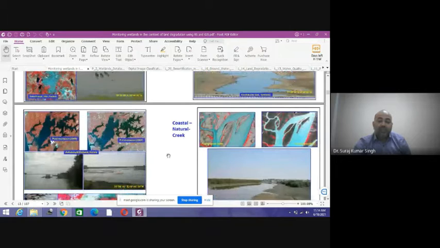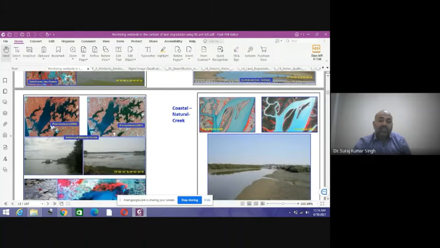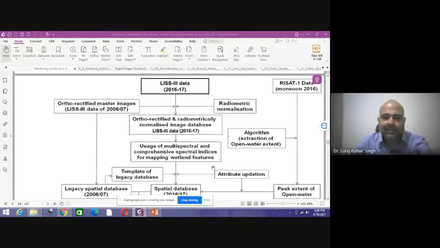These are some of the coastal features. You can see the pre and post monsoon change in a wetland in Kerala. You can see the change dynamics that is happening on coastal parts as well. We've taken at least three multispectral data sets of 2016 and 2017. Thereafter, we'll be performing the auto rectification operation.